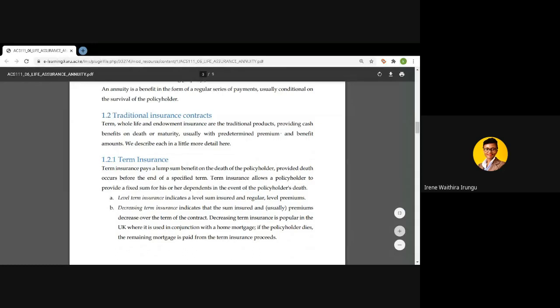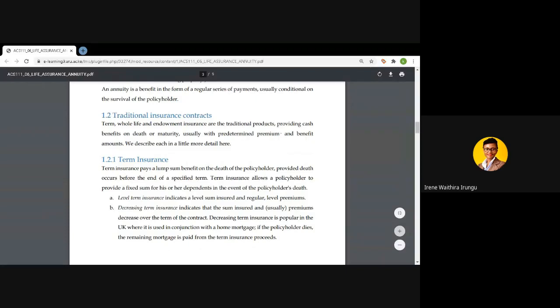And this type of contract pays a lump sum benefit upon the death of the policyholder. So that means it is not the policyholder that will be paid this amount because already they will be dead. It is now the beneficiaries of the policyholder who will receive this lump sum benefit. And this benefit is only paid to the beneficiaries of the policyholder, provided that death occurs before the end